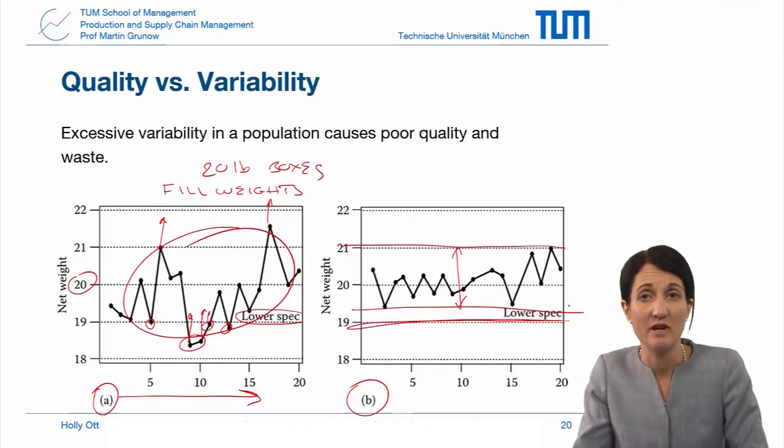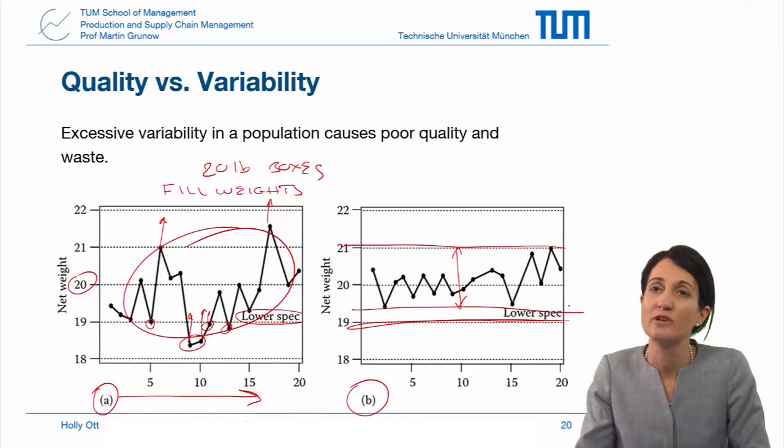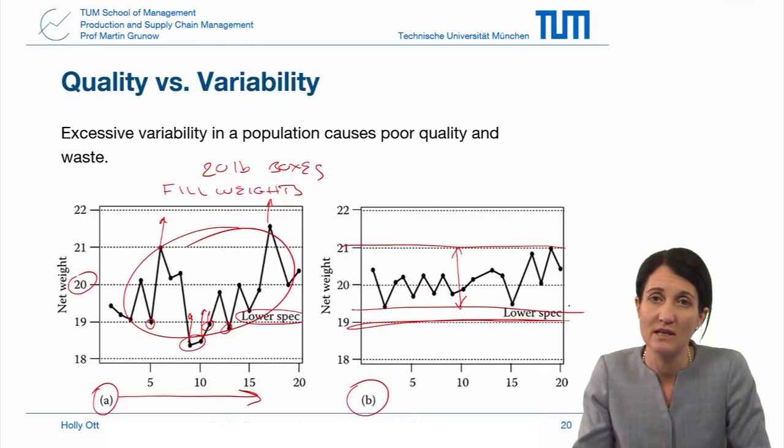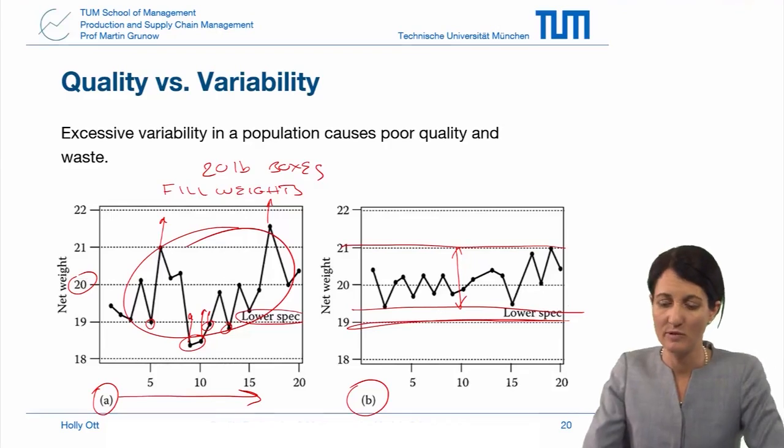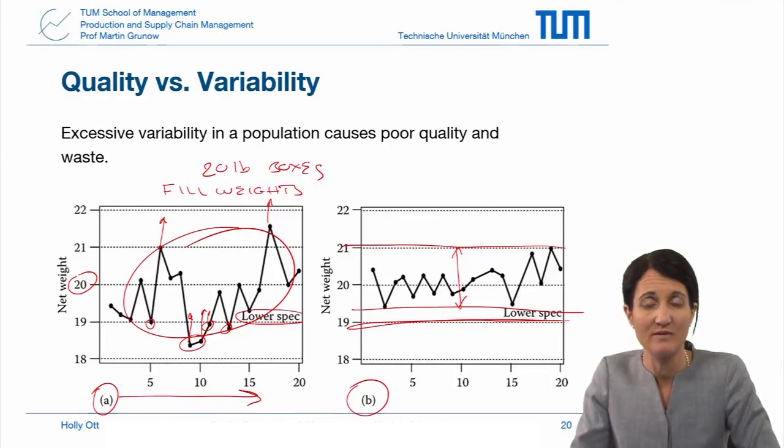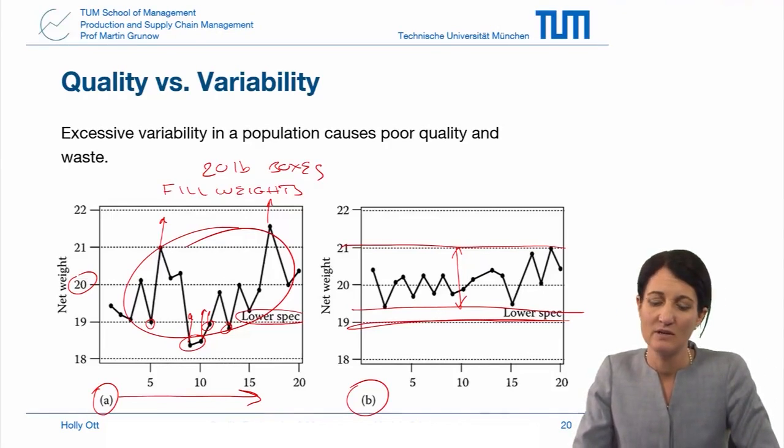So there's savings for the manufacturer. The customer will not receive any box with a fill weight that is less than the specification. And in this particular case, they actually had this problem, and there was a problem with one of the filling chutes. There was a little bit of a leaky shutter, and once that was repaired,